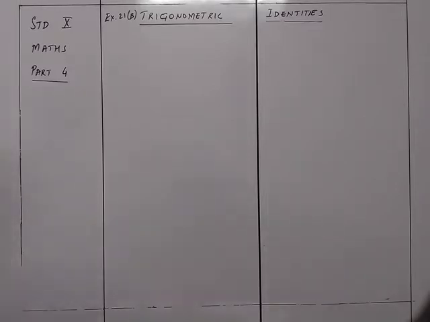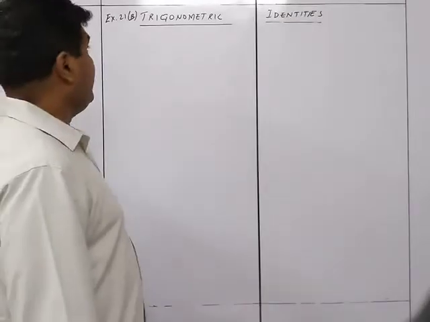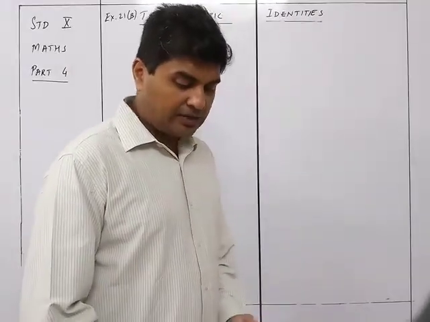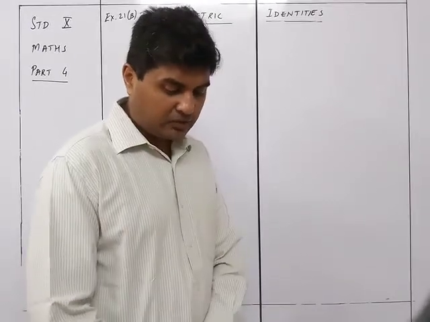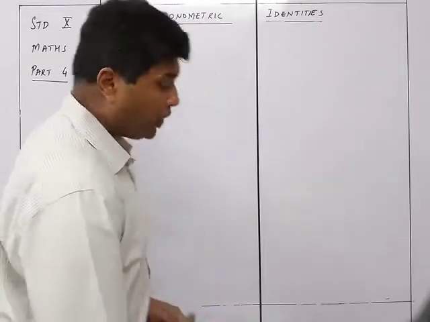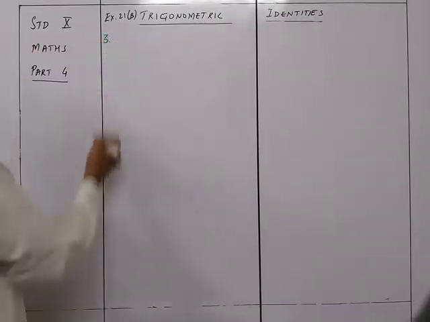We continue now with exercise 21B and we are on sum number 3 now. We have just completed sum number 1, and according to alternate sums we are going for the third sum now. So we are on sum number 3.